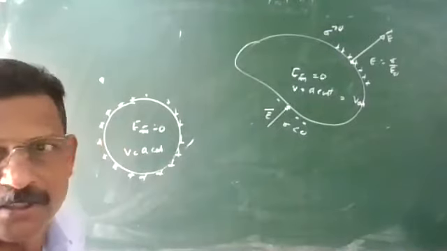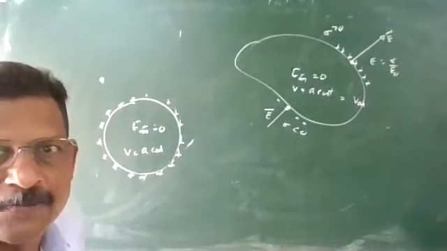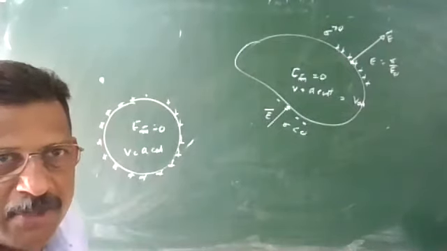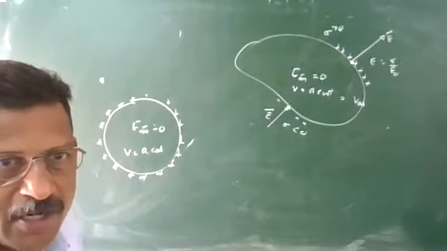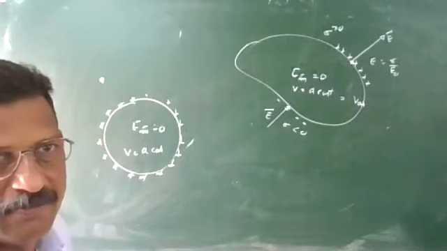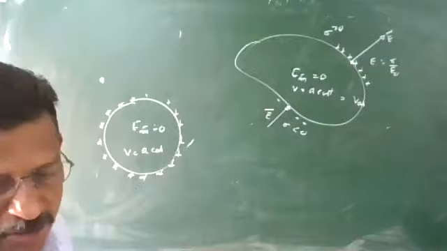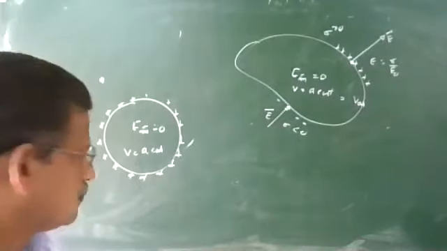Okay, these are the behaviors of a conductor. Next point, we are going to bring back the parallel plate capacitor. In between the parallel plates, we introduce a conducting slab. Then what will be the capacitance? After that, we will use a dielectric slab. What will be the capacitance? These are the last topics in this chapter.